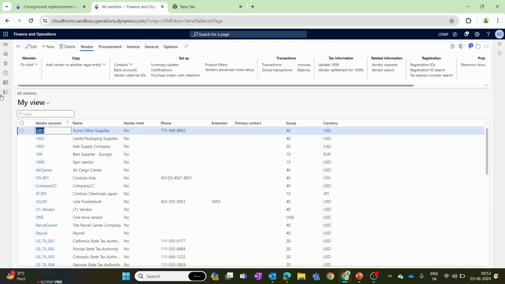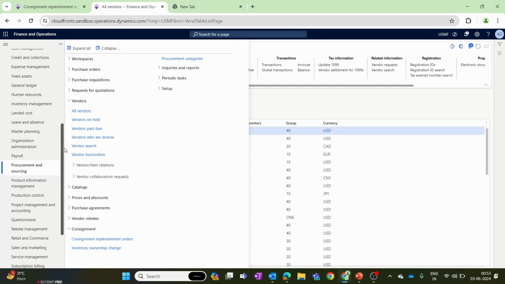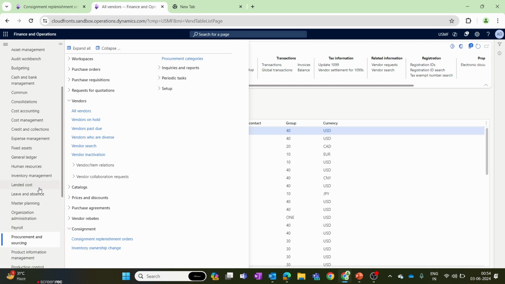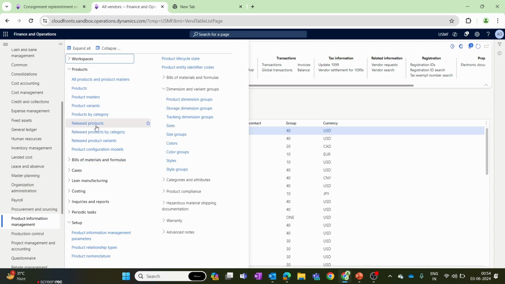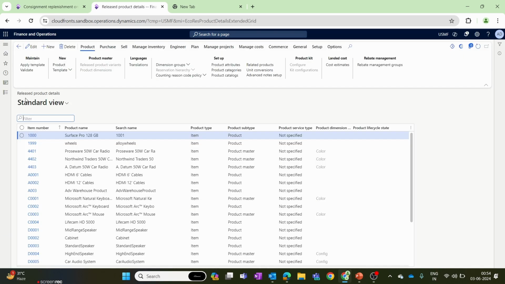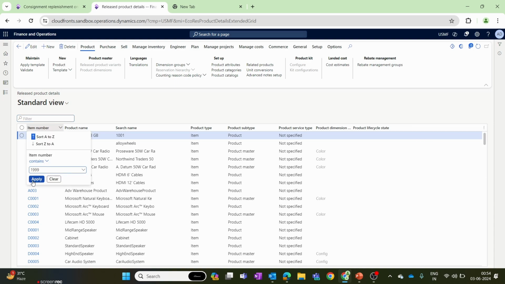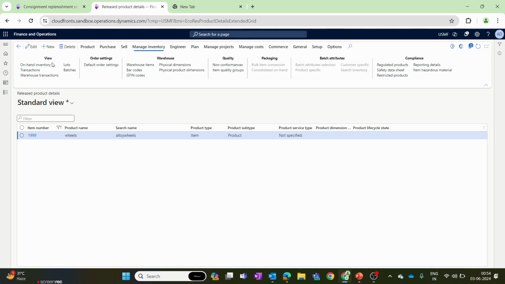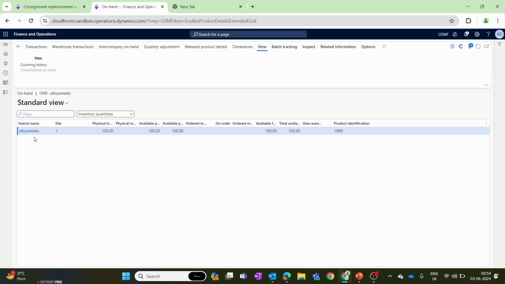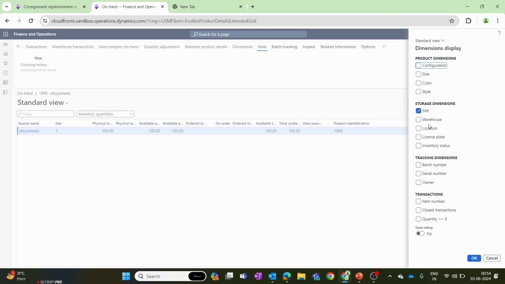Again go back to our duplicate tab. Inside the module, again go to our product information management module, released products, and filter our product. In the manage inventory section, we have the option of on hand inventory. So here you can see our new product. First we'll add the site, warehouse, and the option of owner. In the tracking dimension you have the option of owner, so I selected that option, save this setup